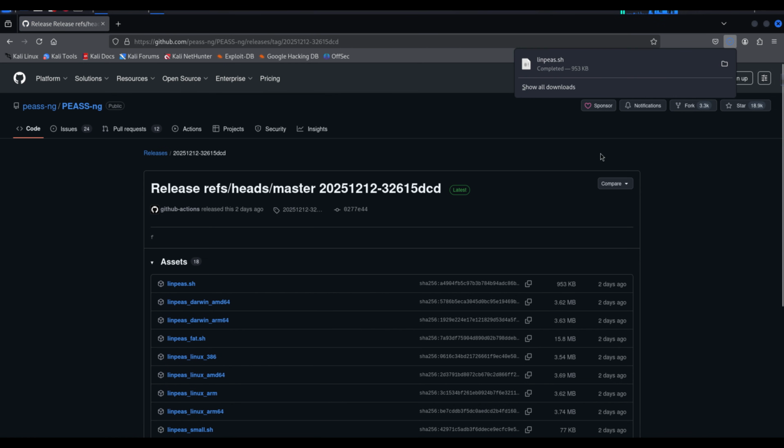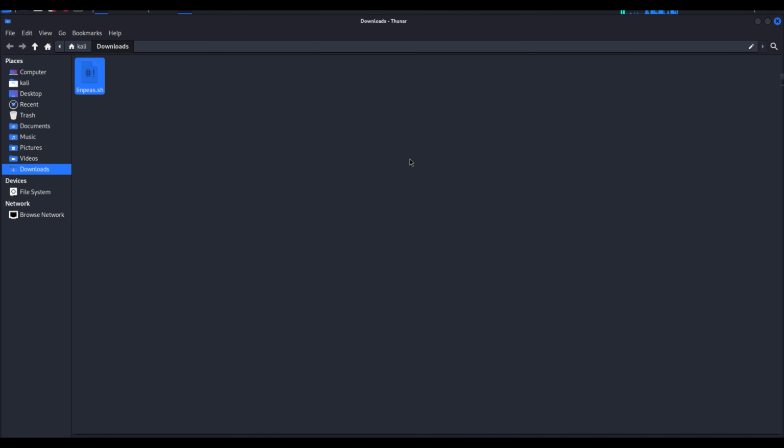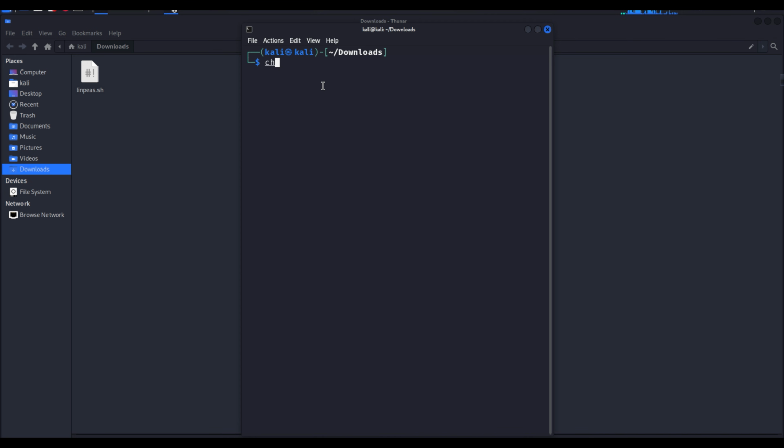One option is to download the linpeas.sh file directly from the GitHub releases section. The other option is to download it using the terminal. Here, I'm showing you the easiest method, so even beginners can understand it easily. Once the script is downloaded, go to that directory and give it execute permission using chmod +x linpeas.sh. To run linpeas, just use this command